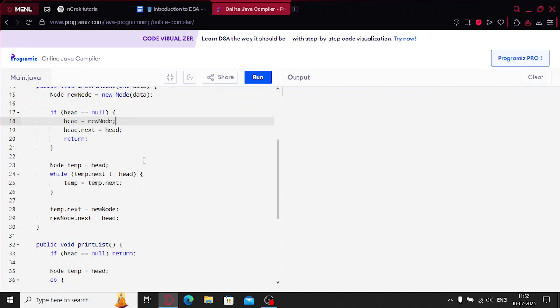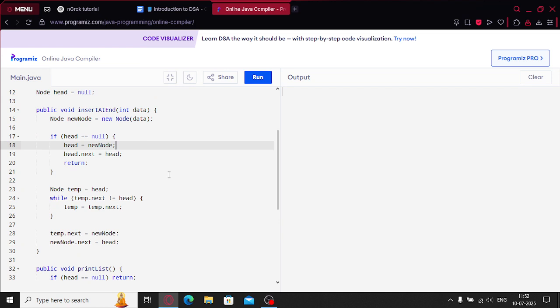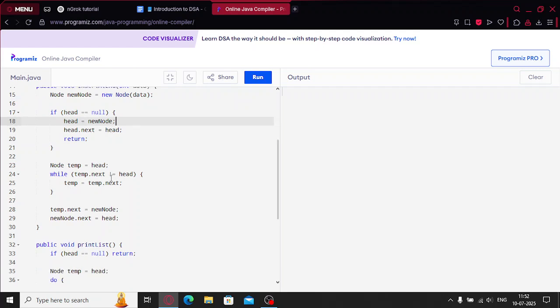The head.next becomes head when it's the only element, or when it's the last element in the list. The last element of a circular list has a next